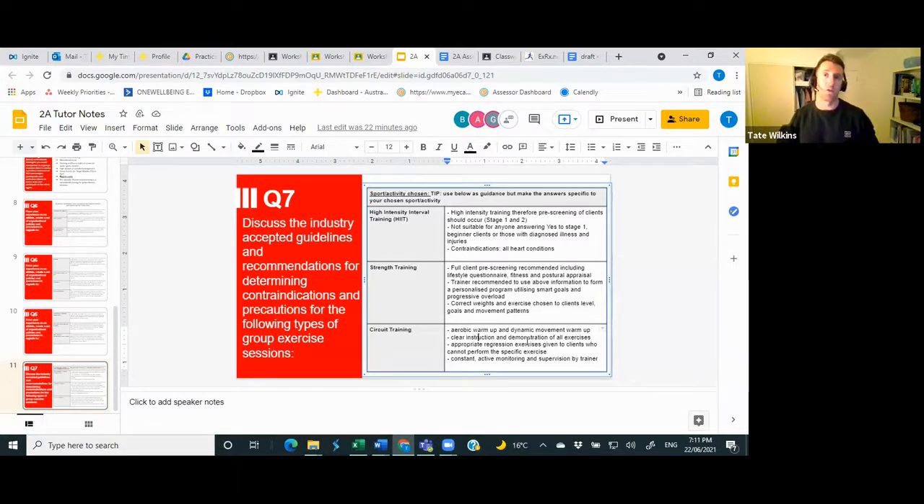So think of if you have 10 stations, it's important that you actually do demonstrate each station. A good thing though, I will say with